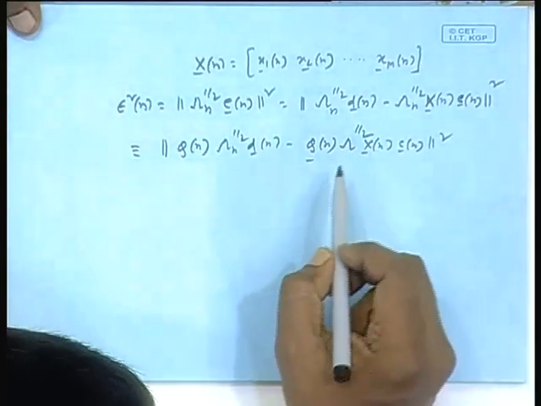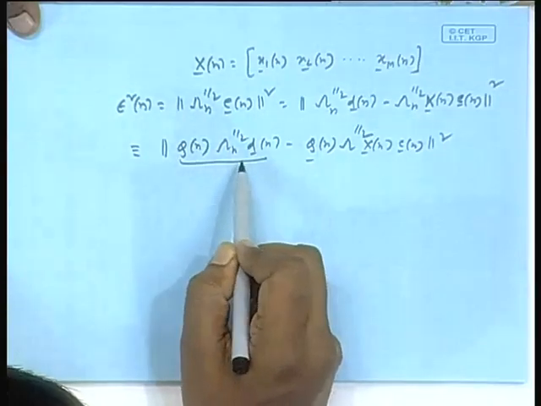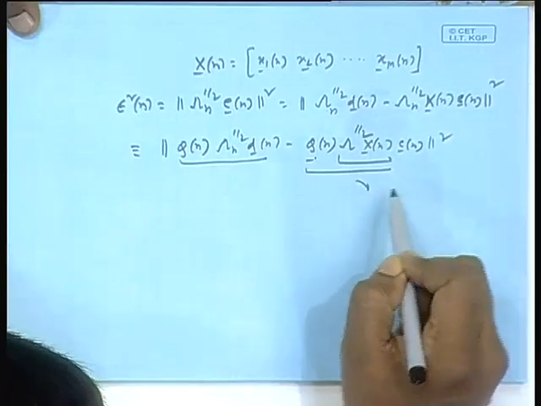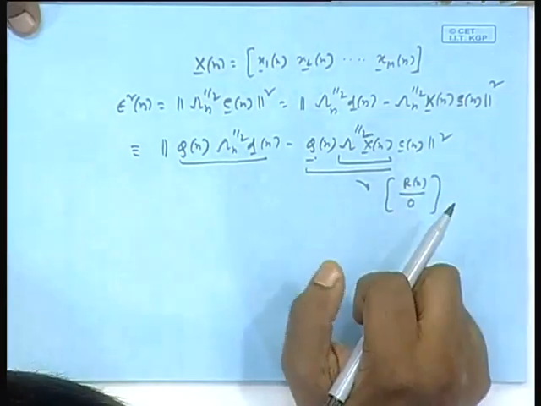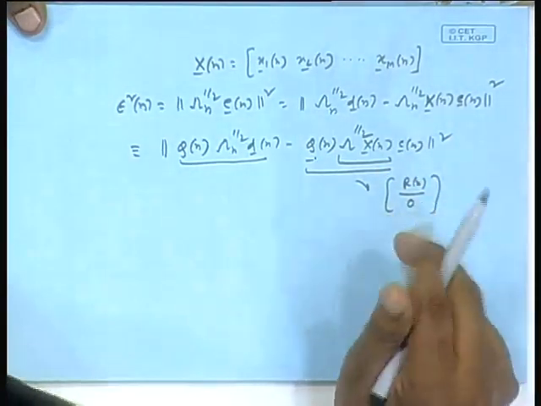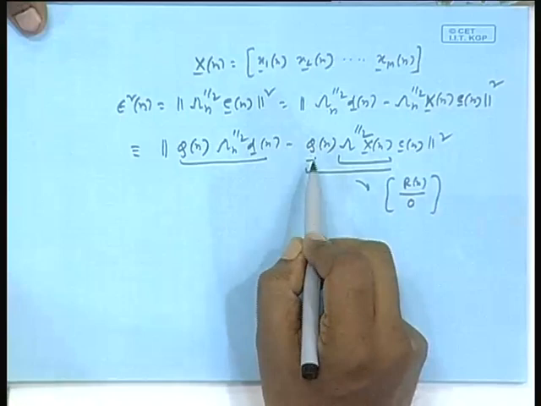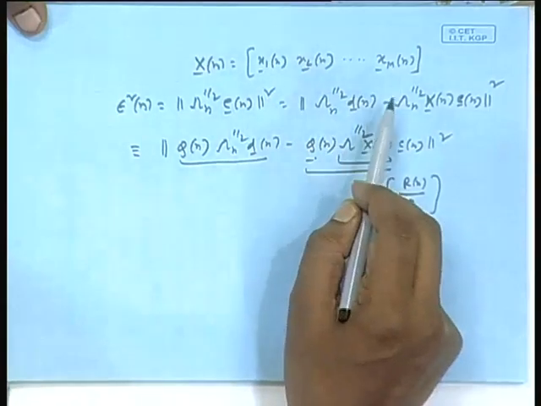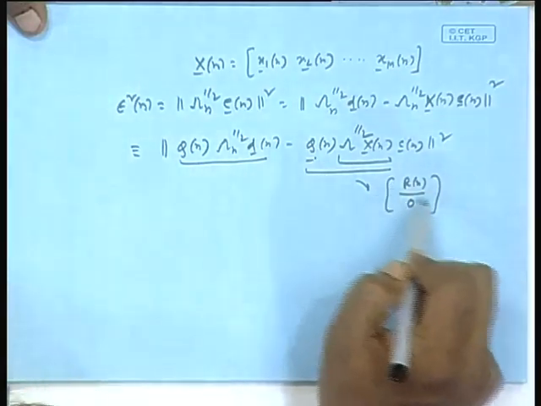Okay, and what did we do? Q n works on this vector so that the resulting thing is equal to some upper triangular matrix and then zeros. Existence of such a thing we have already proved, we have discussed using Gram-Schmidt orthogonalization and all that. So, that is always doable. R n will be a perfectly upper triangular matrix with non-zero diagonal entries, that is invertible if you have got this matrix having linearly independent columns. Okay, so Q n will be perfectly unitary and this will have non-zero diagonal entries and this will be invertible and all that.